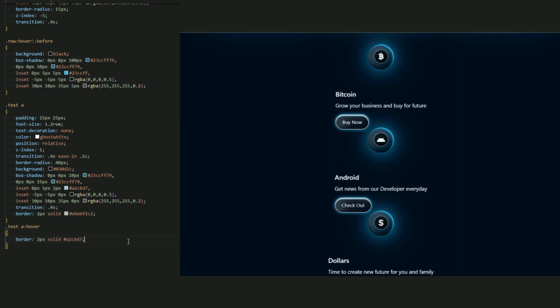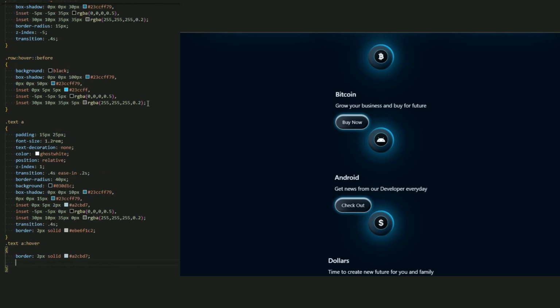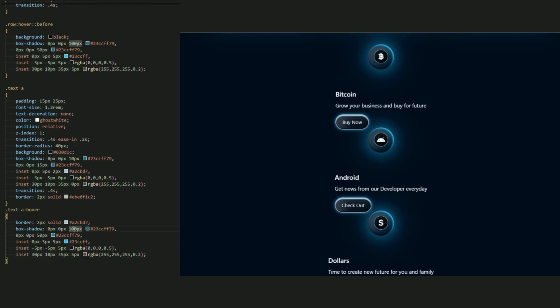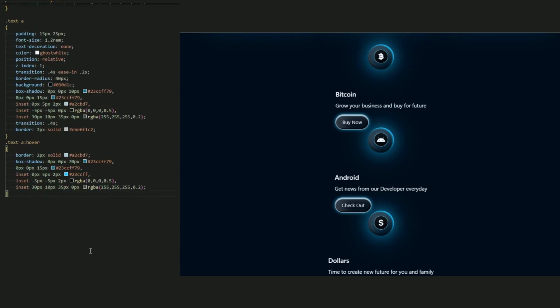Let this be the color of the border, and for the box shadow, let's use something like this. Let's use this, and let's make it 70 pixel. Okay, and this 15 pixel, and yeah, 2 pixel, 0 pixel. Yes, I add a custom box shadow.